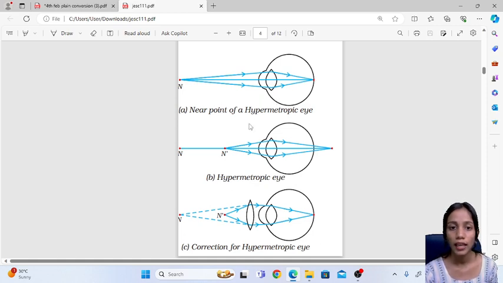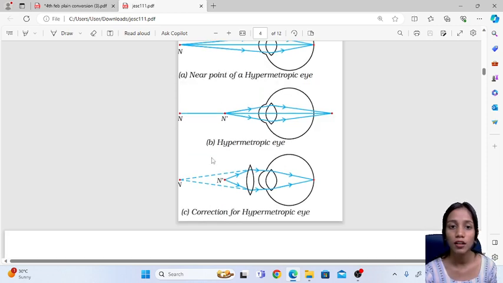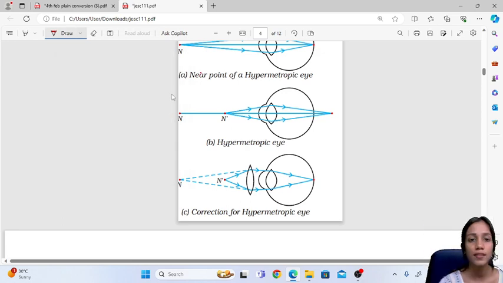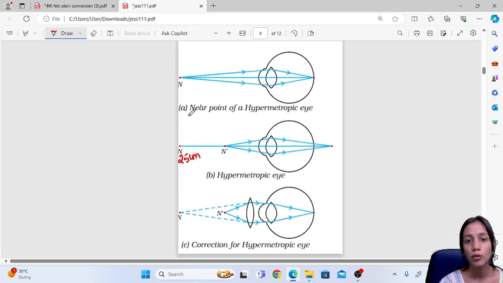But if you take the object at 25 centimeter, this is 25 centimeter, and if you take the object at 25 centimeter, the person won't be able to